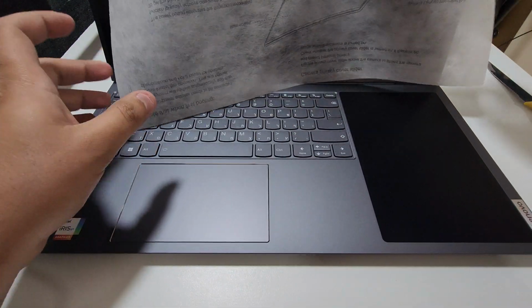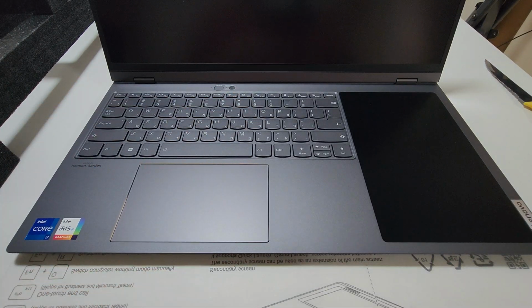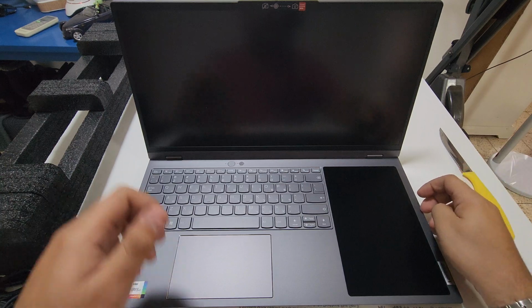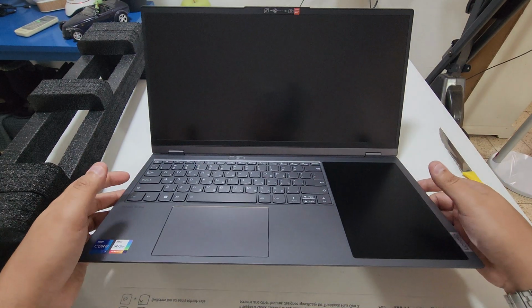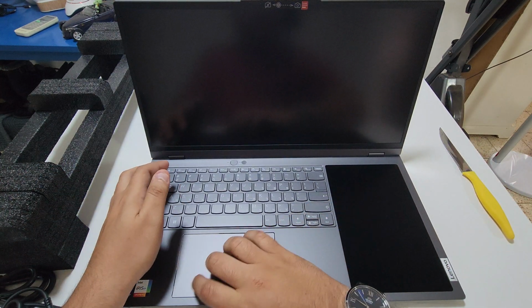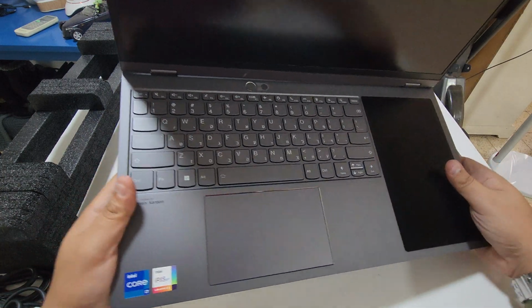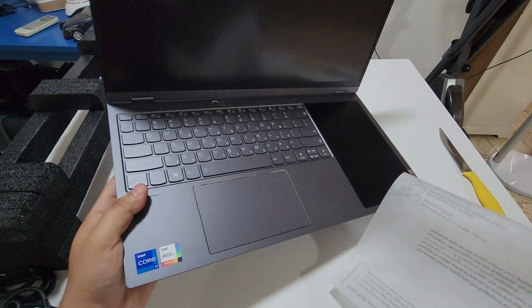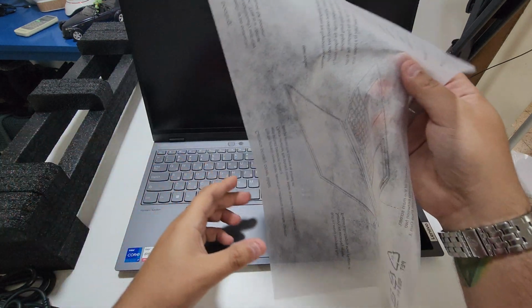And here it is. Let me get the camera in a better angle for you. And here it is. The magnificent Thinkbook Plus. I like the idea. I like the whole theme that's going on here. Let's see what it says